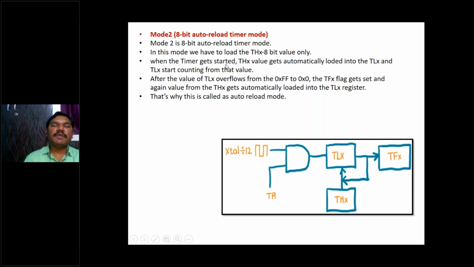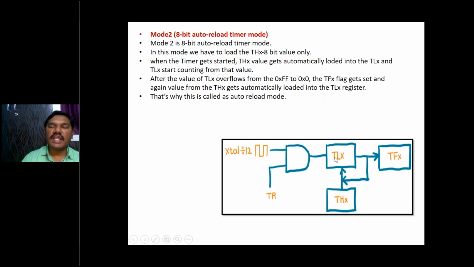Now you see, when the timer gets started, the TH value gets automatically loaded into the TL, and the TL starts counting from that value. After the value of TLX overflows from 0FF to 00, the TFX flag gets set, and again the value from THX gets automatically loaded into the TLX register. So that's why it is called auto reload mode.